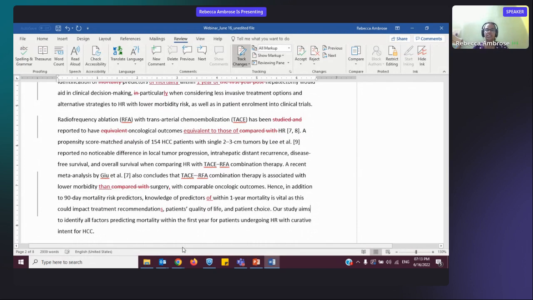Our study aims to identify all factors predicting mortality within the first year for patients undergoing. Okay, if I have to revise this just to make the phrasing consistent with how it's used in the rest of the text, within 1 year of HR, perhaps curative HR,